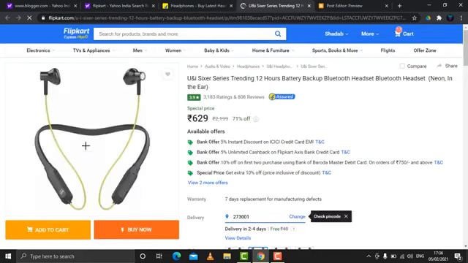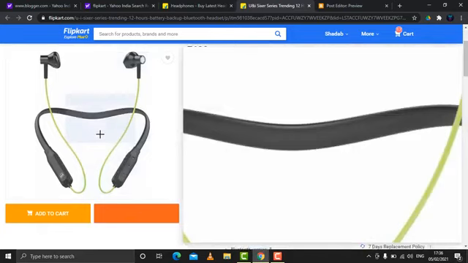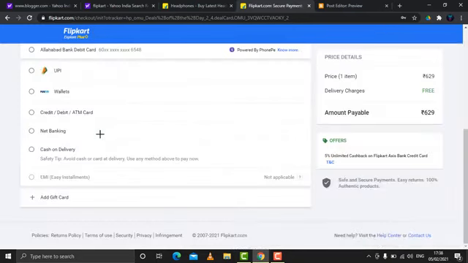Suppose you need this headphone, click on this, it is selected. So these are the headphone specifications and all, and you need to click on buy now. After placing the order, after a number of steps like confirming the address and all, this particular